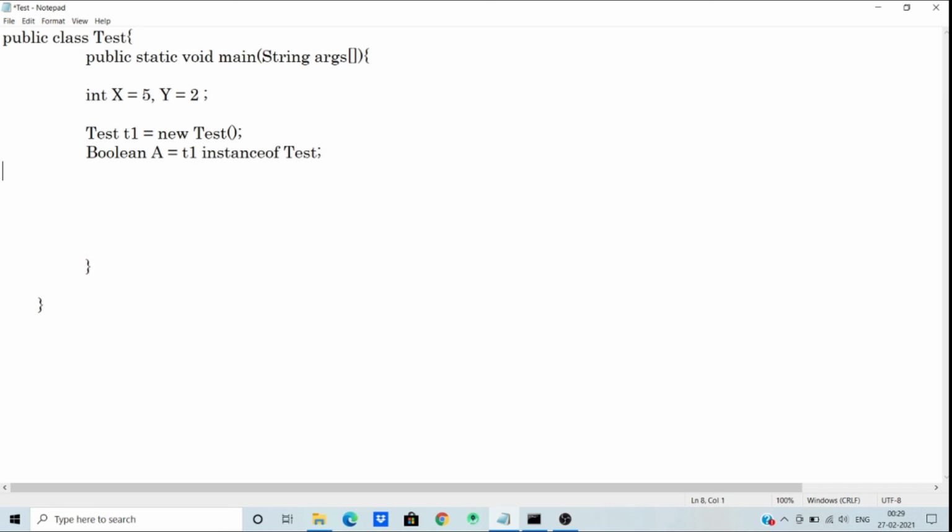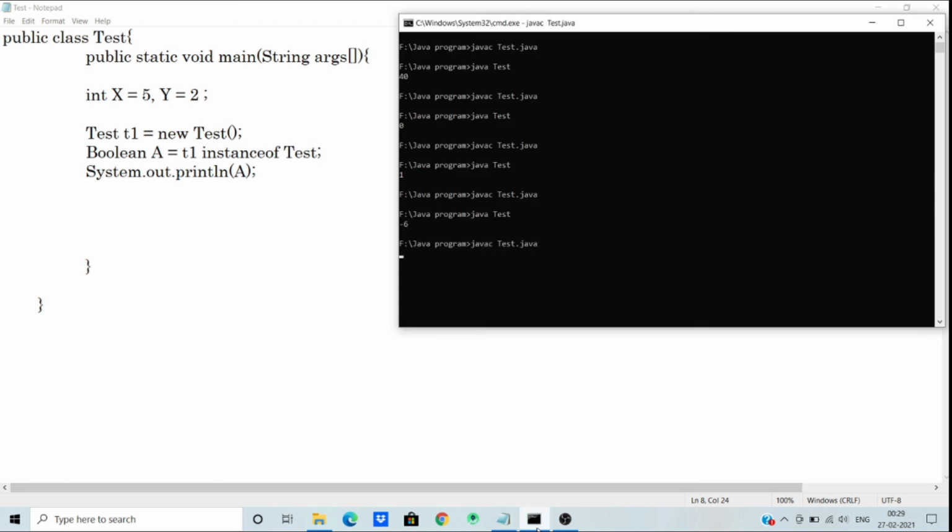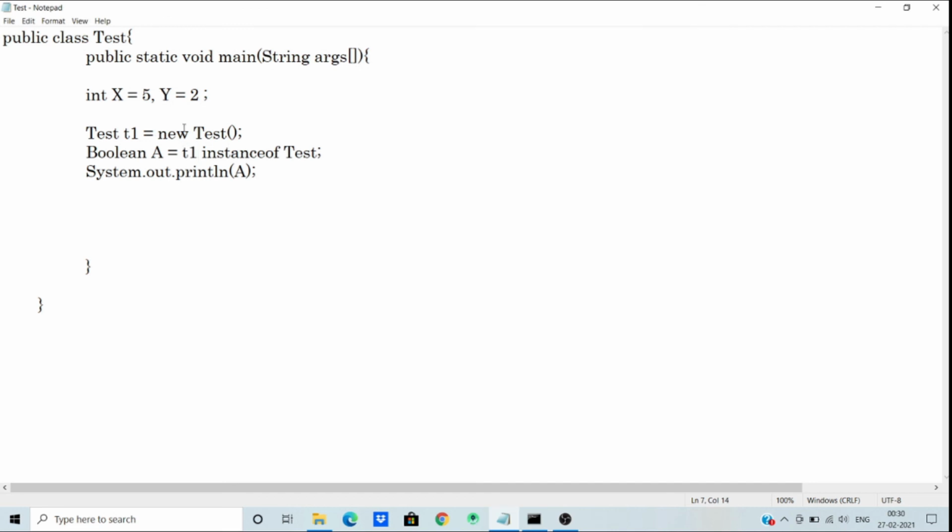So if t1 is an instance of Test, then it will return true. So print this variable a and run this file. So the output is true, meaning t1 is the object of Test class.